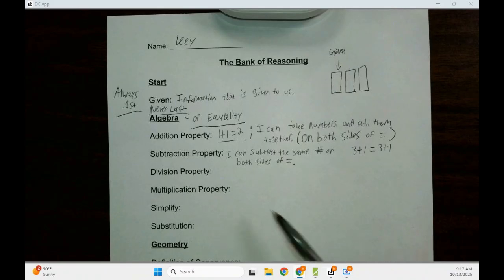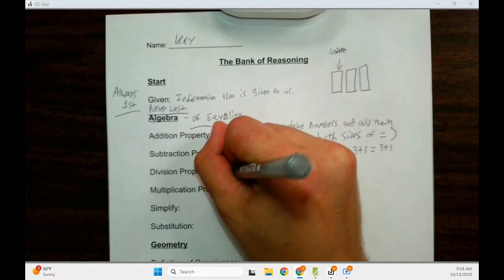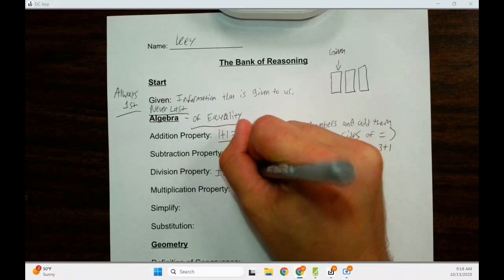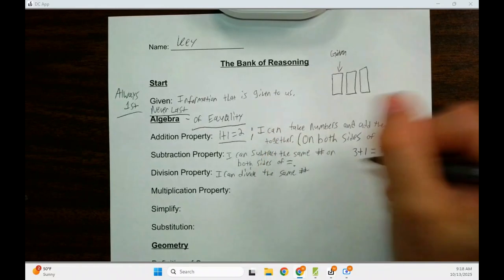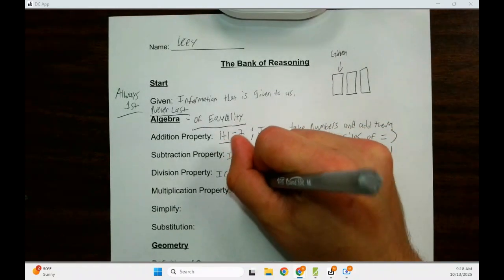Think about it. The division property, what might I write there for the definition? Sure, yeah, so for the division, I'm dividing, so I can divide the same number on both sides